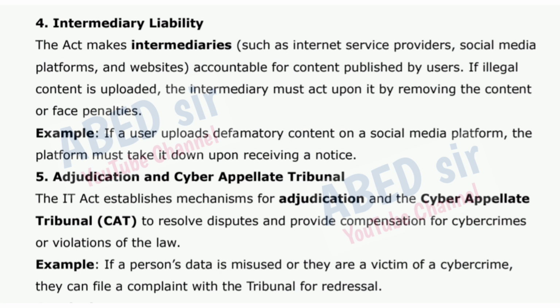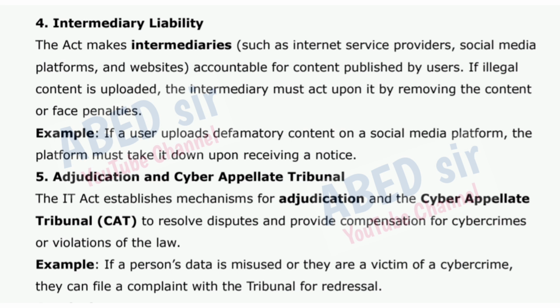4. Intermediary liability. The Act makes intermediaries, such as internet service providers, social media platforms, and websites, accountable for content published by users. If illegal content is uploaded, the intermediary must act upon it by removing the content or face penalties. Example, if a user uploads defamatory content on a social media platform, the platform must take it down upon receiving